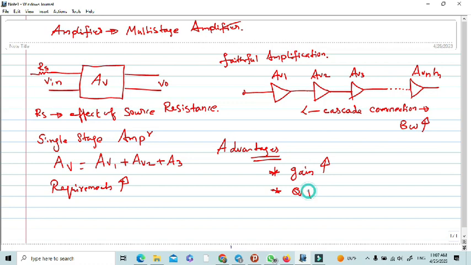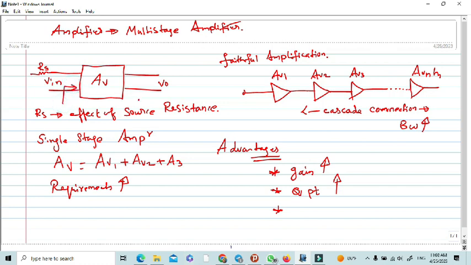So everyone knows we need to maintain the stability of the operating point, so that Q point is also going to improve. Then another important thing for multi-stage amplifier, I am not talking about the single stage amplifier, just only the multi-stage amplifier. From the multi-stage amplifier, the best advantage is improved gain, improved Q point, and also